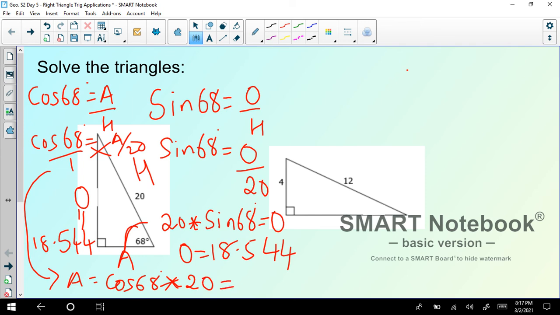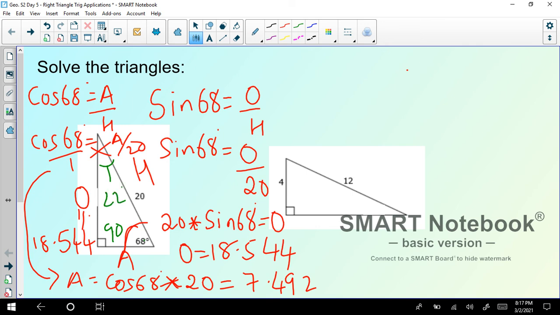So if I simplify that in calculator, I will have 20 times cos 68 degrees, that is nothing but 7.492. Okay, so we have all the sides opposite, adjacent, and we have the missing angle as well. We can use the triangle sum theorem and get the missing angle. This was the missing angle. We know this is 68, this is 90, so this is going to be 180 minus 90 minus 68, which is going to give us 22 degrees. So this is 22 degrees.